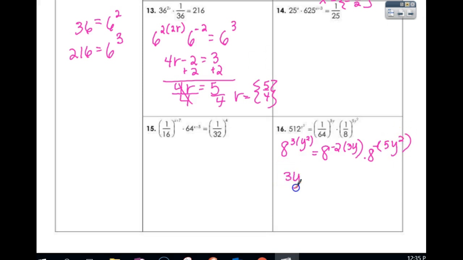So on this side I have 3y squared. This side I have minus 6y and then minus 5y squared. Now what do I do? Move what? 3y squared or these two? 3y squared. All right, if I subtract 3y squared,